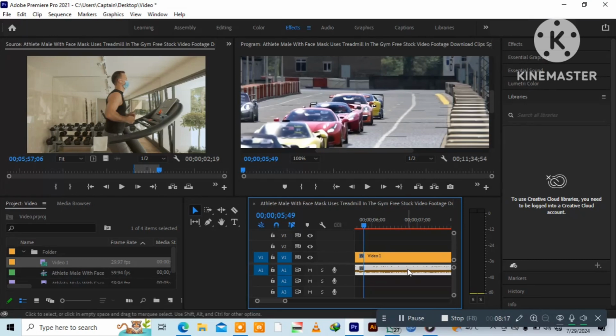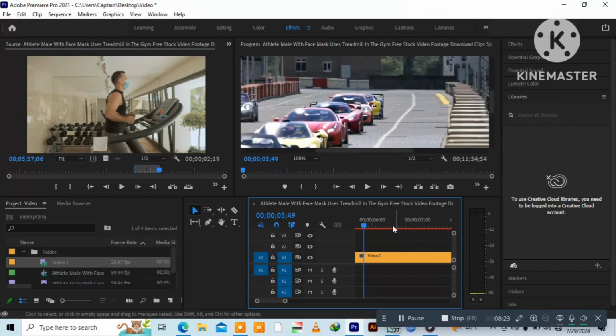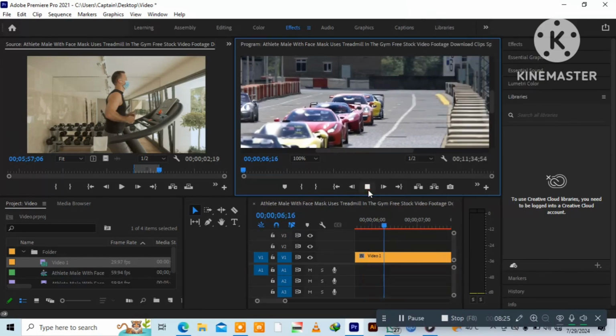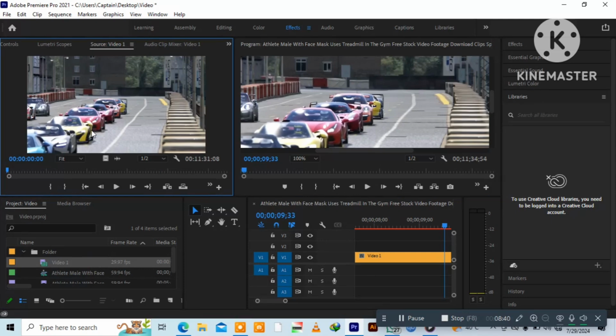So we want to remove the audio, so first of all right click over here and there is a cut option available. When we cut over here, our audio is removed and there is no noise in the background, so our video will run, and this part tells us how you can isolate the audio or video. There are other options available as well. You can also remove the audio or video by placing that window to the source,